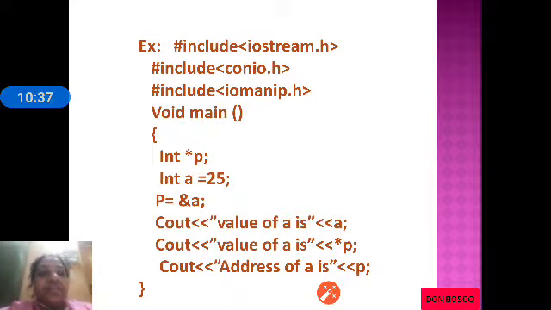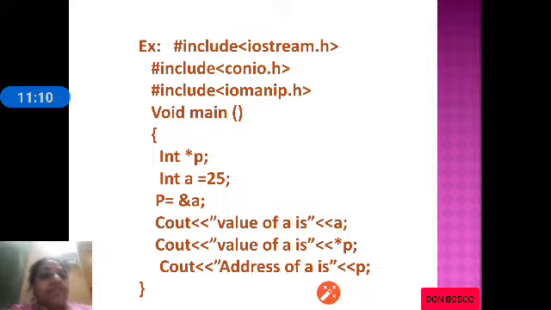cout the value of a. We are printing the value of a through the variable a. Kindly observe the second cout statement where we are printing the value of a through p. p is a pointer where we are storing the address of a. So *p refers to the value which is pointed to by p. Similarly, kindly check the third cout statement, the address of a is p.